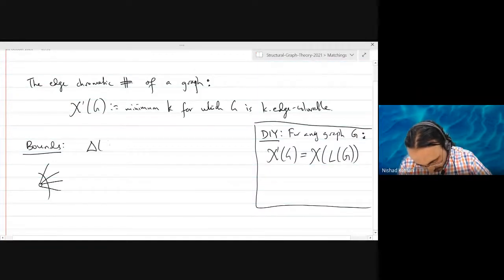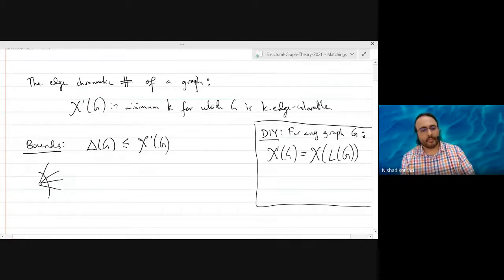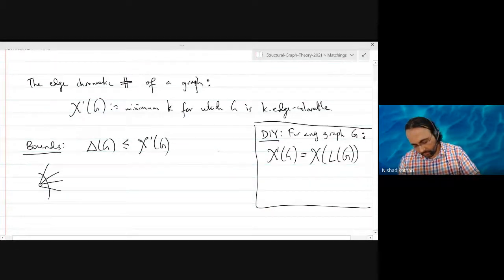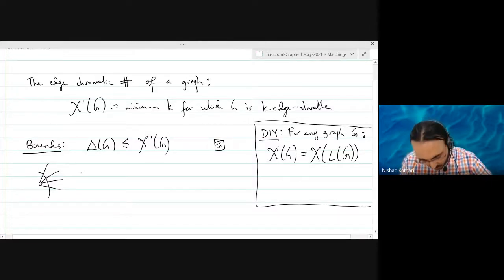So this is a lower bound for the edge chromatic number. Right. The more interesting question is upper bounds. Right. So I think it is delta plus 1 upper bound, right, right. So we will actually see